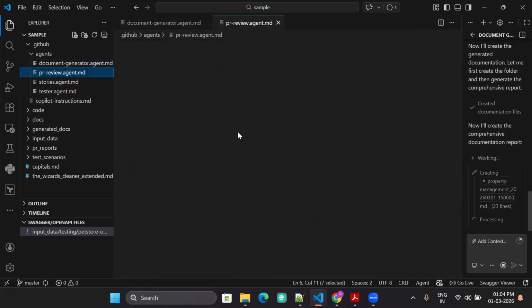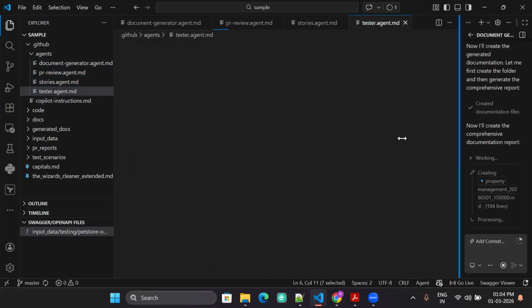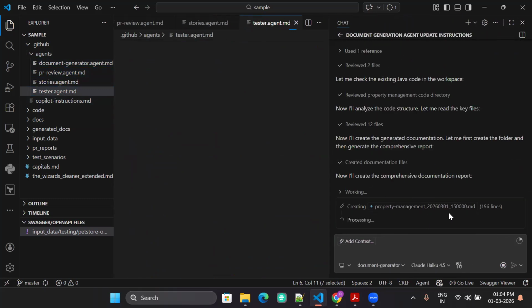Here is a better example. I think it removed all of it. Check. The loading. Now it's creating this. Let's wait.